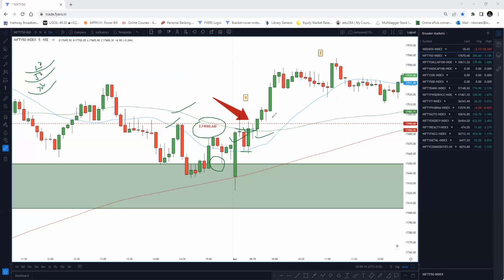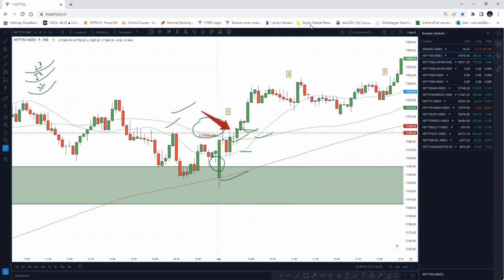Why? Because this was a bullish day and prices keep on moving, but this doesn't happen all the time. If prices have opened on the 200 MA, it doesn't mean that we jump into the trade right away. No, as an informed trader, we should not do it, right? We should wait for the right setup to form. Patience is the key in trading. Never forget that. So that's about the first